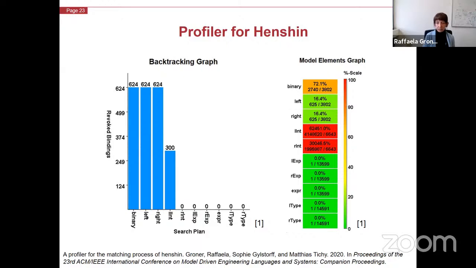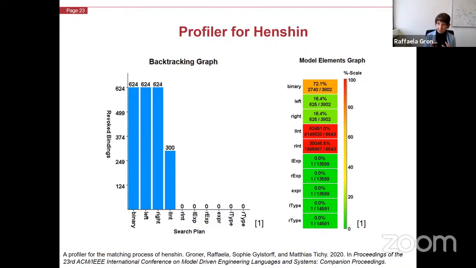In each rectangle, the number at the bottom left indicates the number of investigated model elements during the matching process, and the number at the bottom right indicates the number of candidates available at the beginning of the matching process. The percentage above is the ratio between these two values. Here we can see the impact of these huge numbers of backtracking, because for left end and right end, we have to investigate many, many model elements until a match is found.